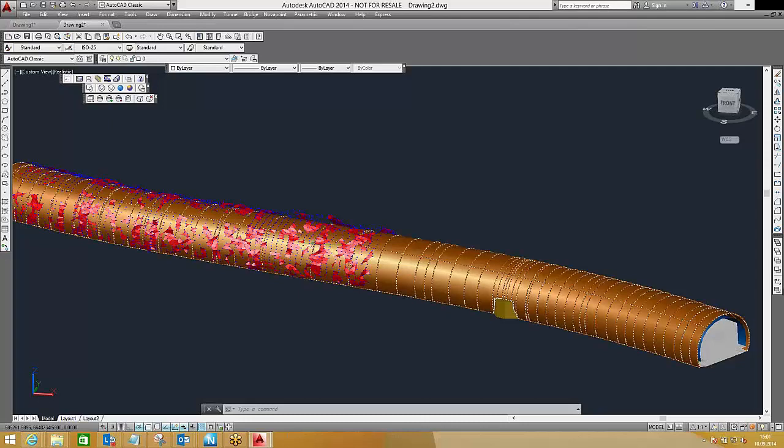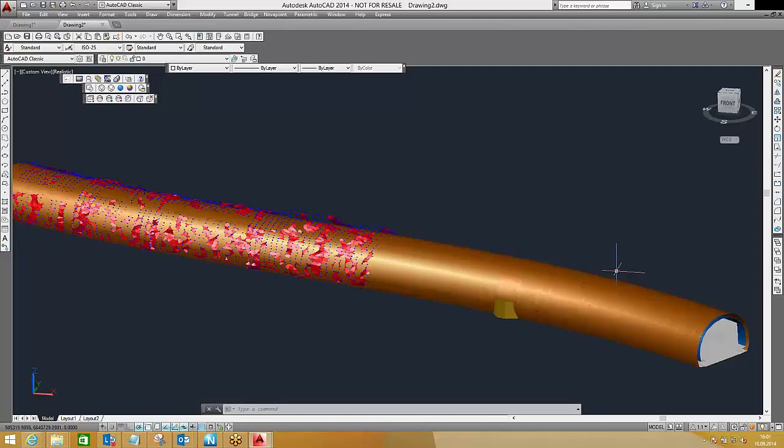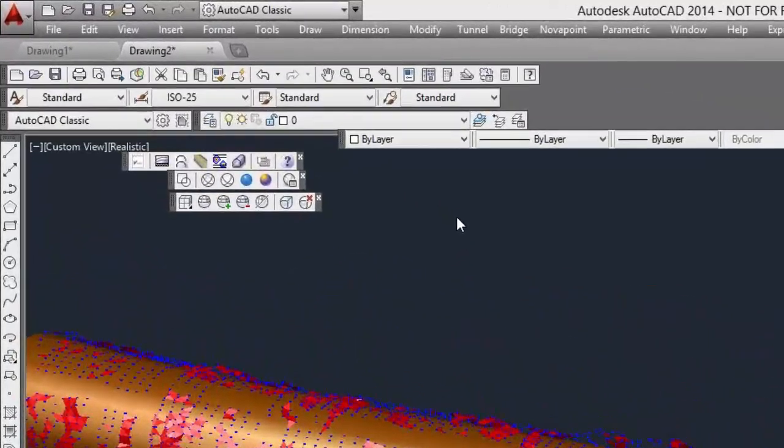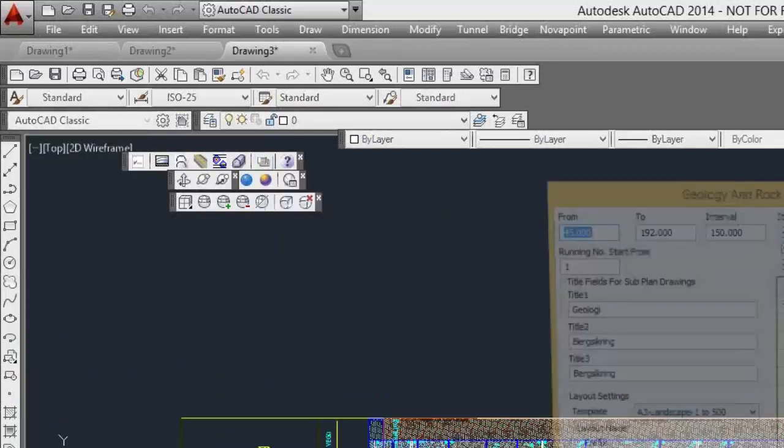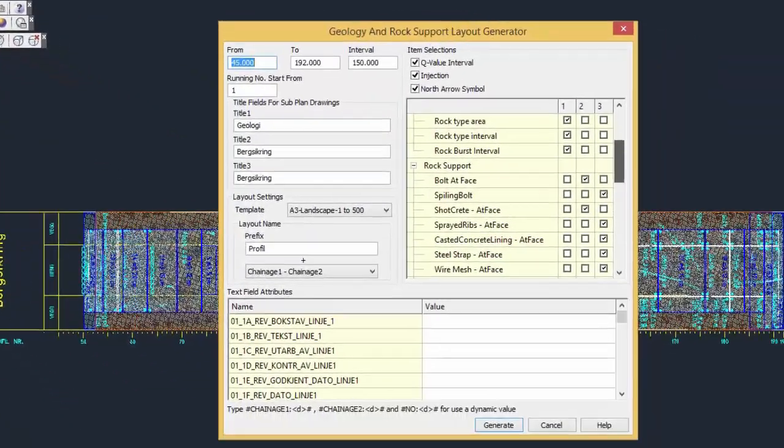I'll see if I can get one more drawing up before we conclude the whole thing. I will now show you how we produced the overview drawings of the geology and rock support. It's like this, and then I order what the different components should be on the different sub-plan drawings that I produce. So if I go to layout here,